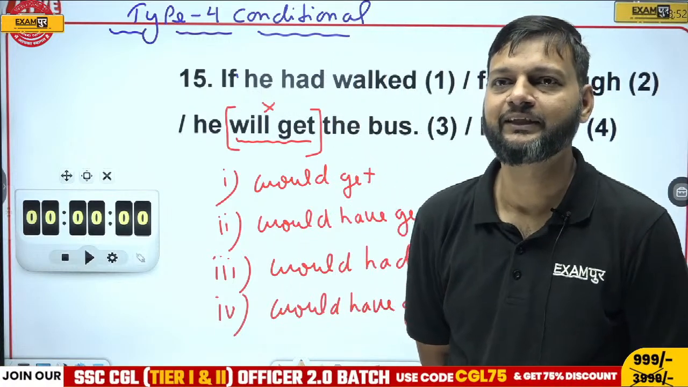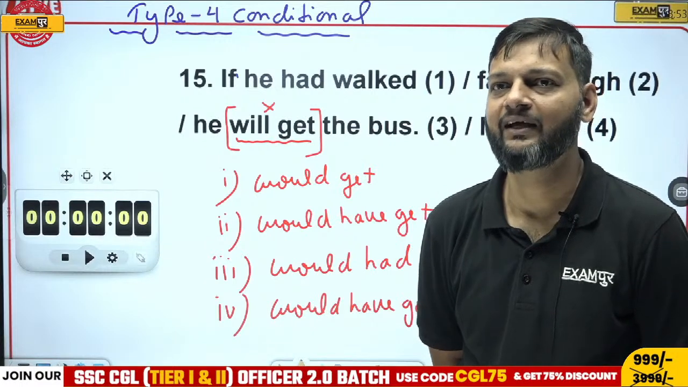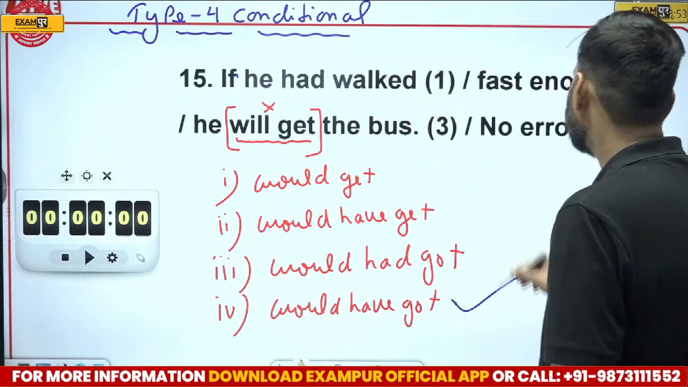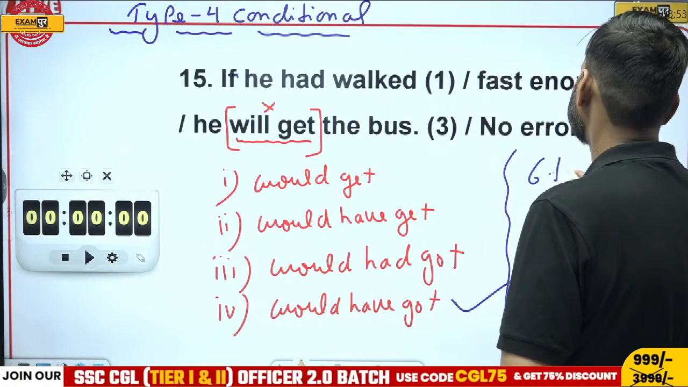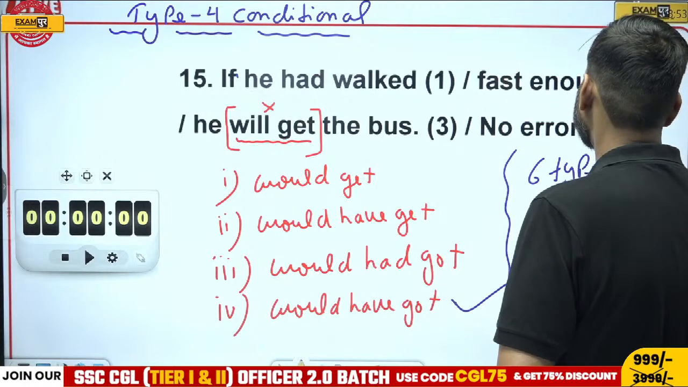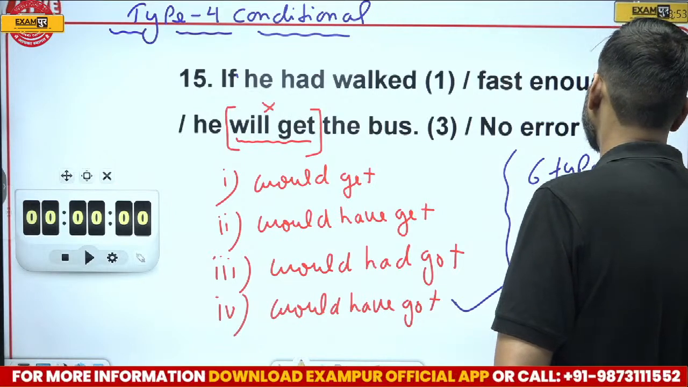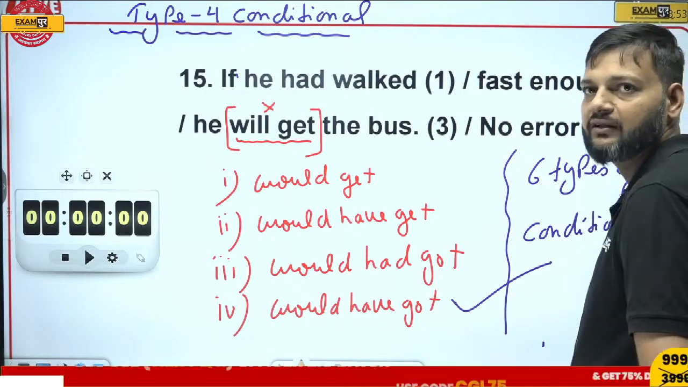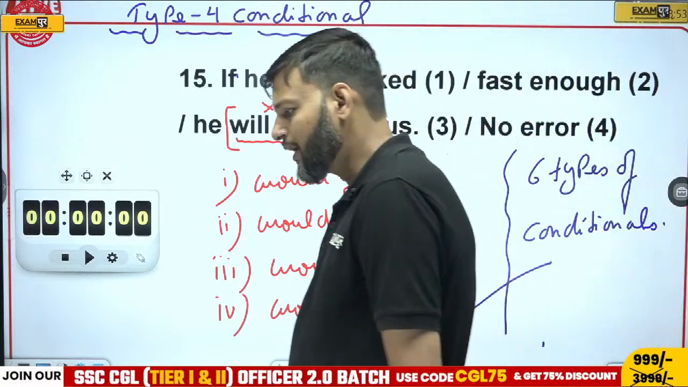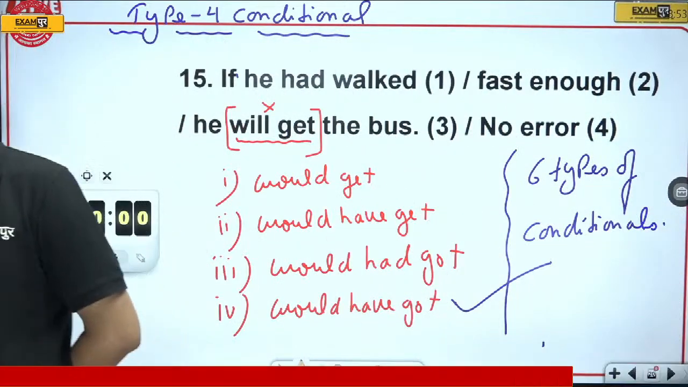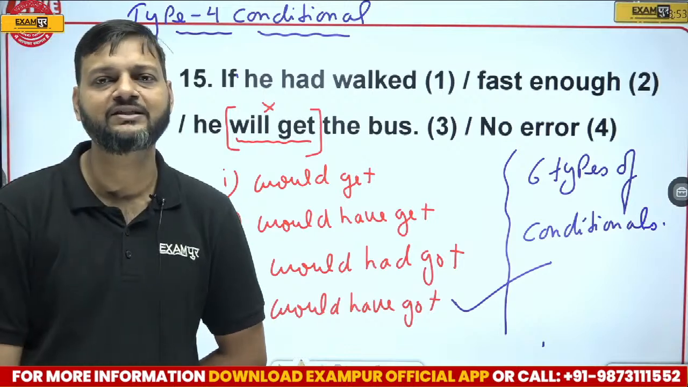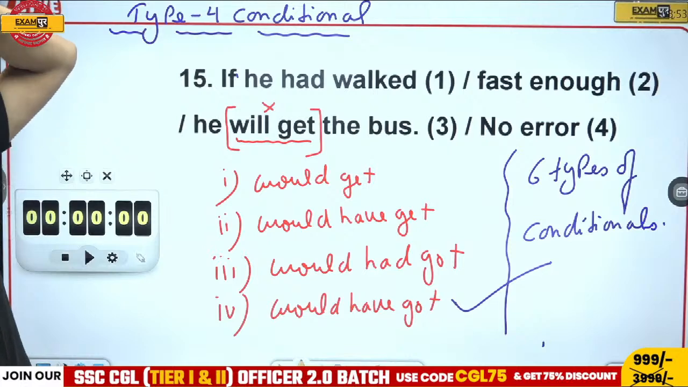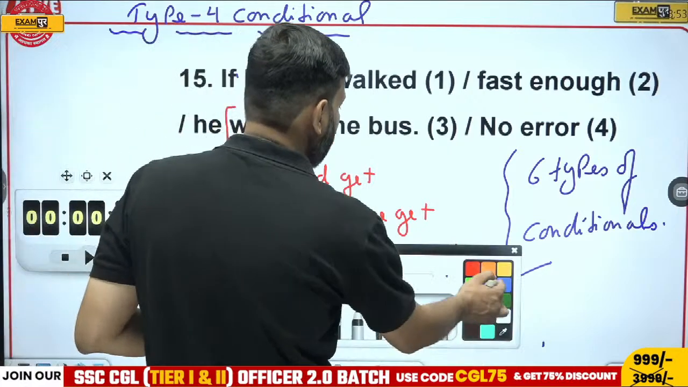Yeah, Prajwal has studied 6. So yes, Prajwal, you are absolutely right, there are 6 types of conditionals. And if you want to answer all the questions based on conditional sentences, you need to study all 6 conditional sentences, right? So this is type 4 conditional, and the structure of type 4 conditional is